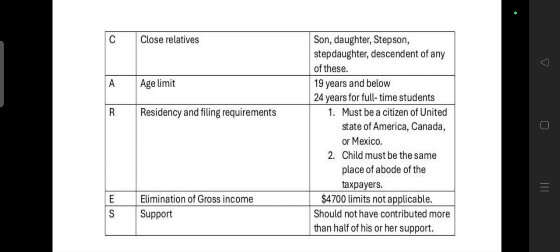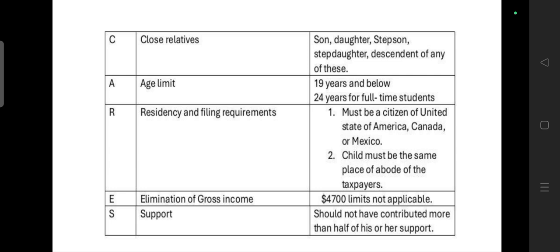Age limit. My son, if I am taking care of him, up to the age of 19, to claim that child status he should be under the age of 19. After the age of 19, only some people go on getting more education. They are getting conscious about future careers, so they may be studying full-time courses at a recognized university. For them, the limit is 24 years. Some extension of age is given for higher education. The government promotes higher education, so an extension of age to 24 is available.